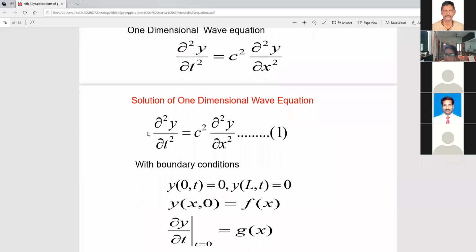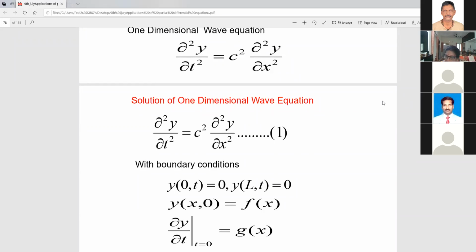So the wave equation, we all know, will look like ∂²y/∂t² equal to c² (this is the constant) ∂²y/∂x². In this equation, you have these two boundary conditions. Always in the string, both the boundaries are fixed. One can do even with some vibrations also, that will have a little different theory. So we'll be starting with both fixed, and then we have the initial displacement. This is called the initial displacement because we are making t equal to 0, and the initial velocity is also important. So you have both, f of x and g of x.